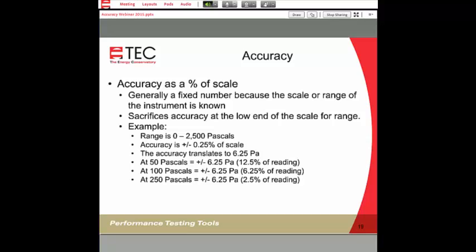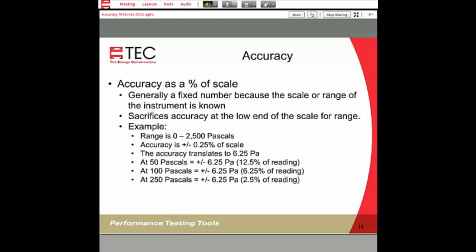That's really great. But when we add in this value and talk about scale, this really translates into 6.25 pascals of readings. So what happens is that we sacrifice accuracy at the low end, generally for the sake of having a device that has a really high range.